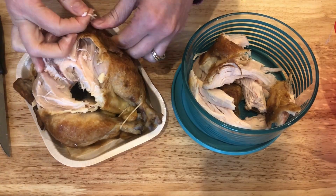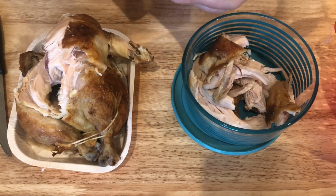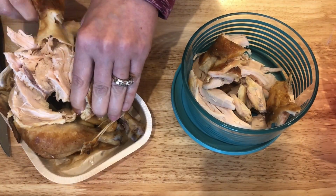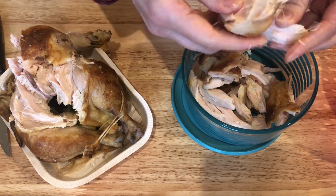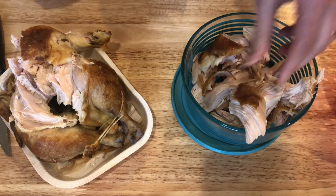One thing about rotisserie chicken is it makes meal prep go so much quicker. So I have a lot of things I need to get done today. So I really didn't want to spend a lot of time on meal prep. So by buying a rotisserie chicken, it just cuts so much time out of my morning, and they really don't